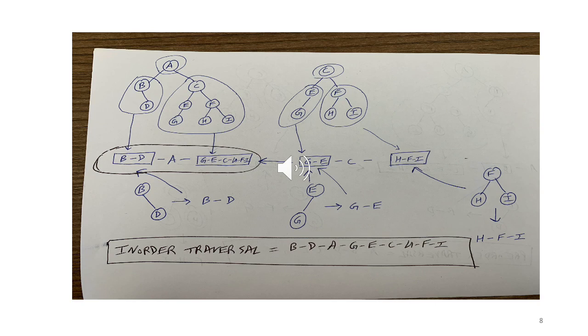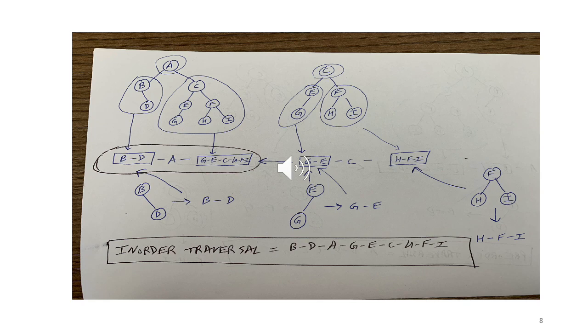Visit root, which means we'll put B, and perform an in-order traversal of the right subtree. What does the right subtree have? It has only one node, D. So we print it. So for B and D, left subtree which is null, followed by B which is root, followed by right subtree which is D. Okay. So we have now filled the box and the sequence is B, D.